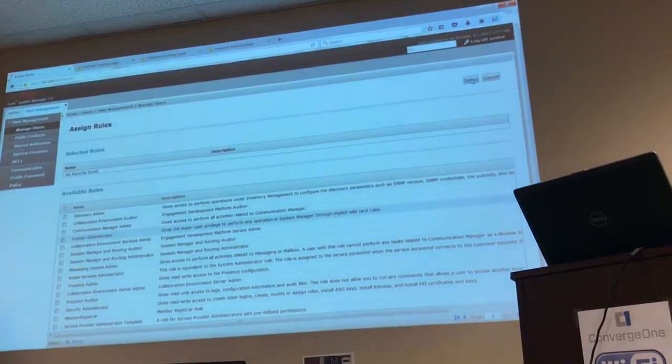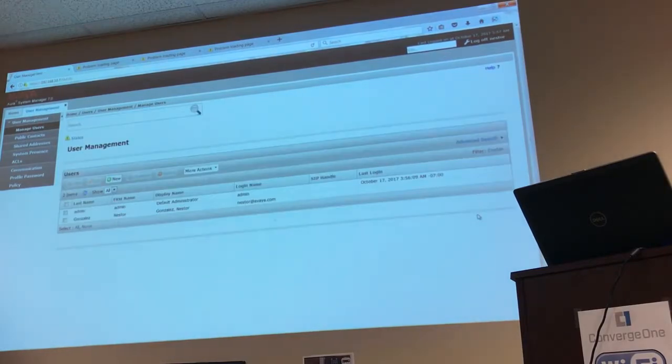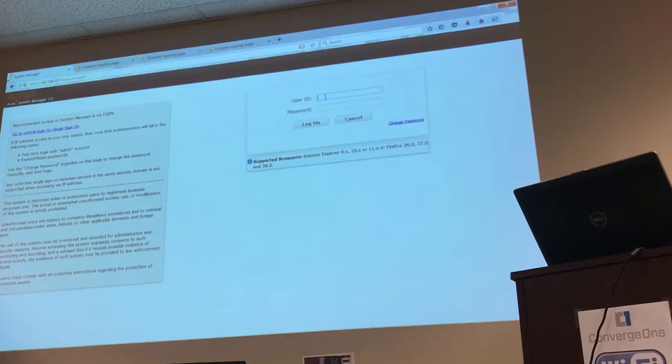And all I need to do is select that one. You see, it's the only role right now that I have selected. And that's it. If this is a pure administrator, I'm going to be able to commit, and then I would be able to log in with that name. However, the user ID, remember, is